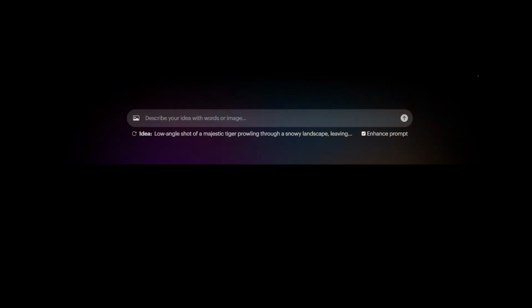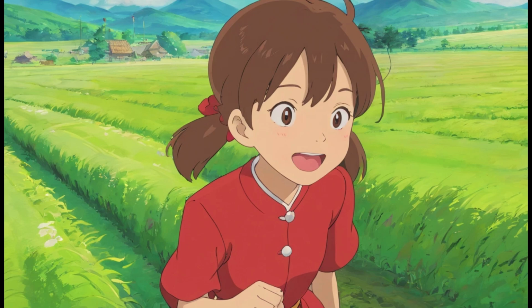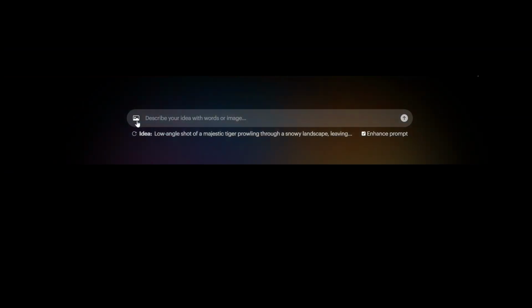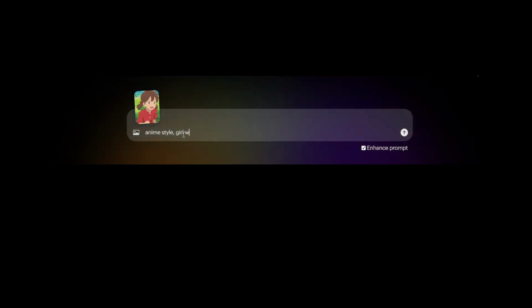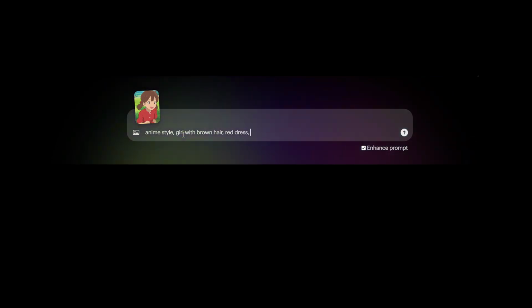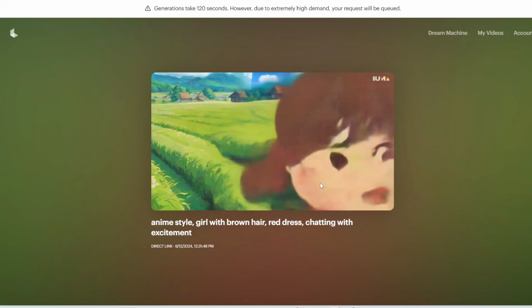All right, let's try something different. I'm going to upload an image now. So this is image to video, and all you have to do is click on this button here. And so I'm going to upload this image. Just to describe it, this is anime style, girl with brown hair, red dress, and it looks like she's chatting with excitement. So let me try this. I'm going to click generate,